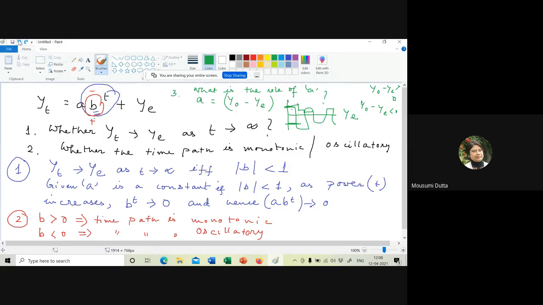So the first role of A is that it determines the starting point. Now the second role, as you mentioned, is that it has some scale effect. Now, if Y naught minus YE, this value may be 5, 6. Suppose I am considering a positive value of A. Suppose this value is 5, any value. So, in this diagram,